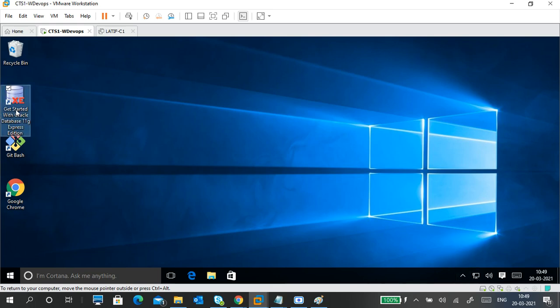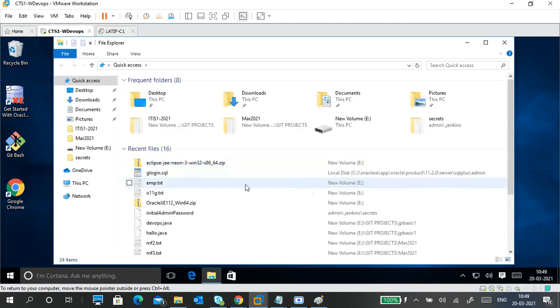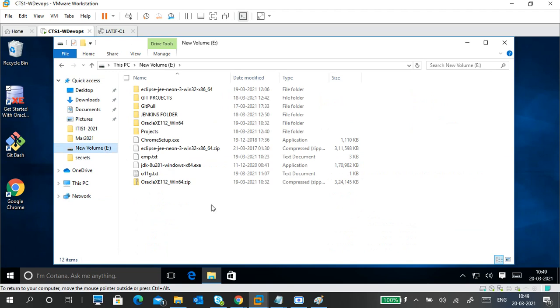Oracle uses port number 8080 by default, but I already installed Jenkins on 8080, so there are two problems. Now I downloaded a fresh Eclipse and copied it here.